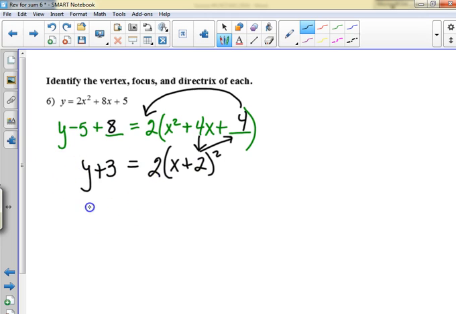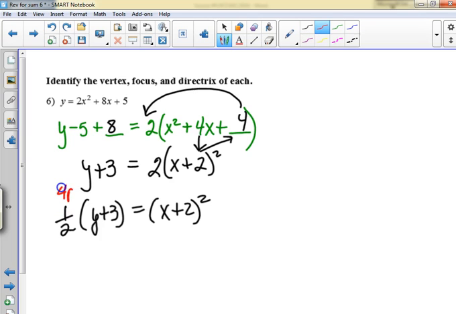So if we divide the 2 over here, what's it going to look like? Guys, when I move it over to this side, it's what? 1/2. All right. So now we have 4p equal or times y minus k equals x minus h quantity squared,